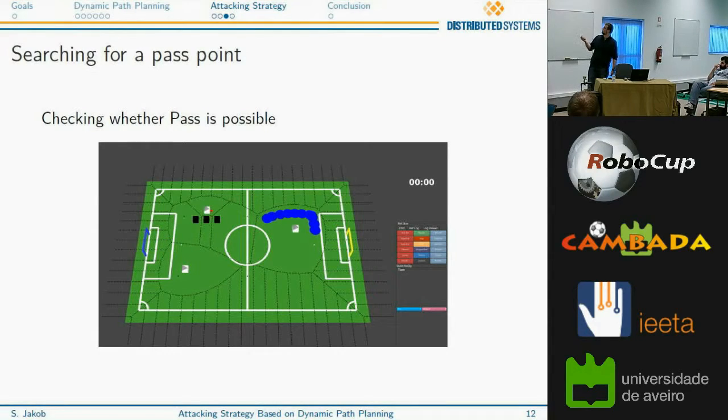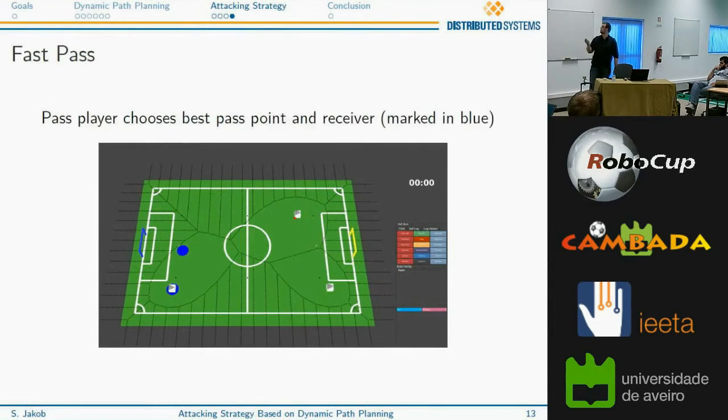But we have to use this robot as a pass receiver in order to play a possible pass. So this behavior checks if there's a possible pass point, which are marked here in blue. To calculate the pass points, we use the Voronoi vertices and move them closer to our own robot, so that the neighboring opponents couldn't actually get the ball before we can. So if this behavior finds one of these blue points, it is successful and the next one is triggered,